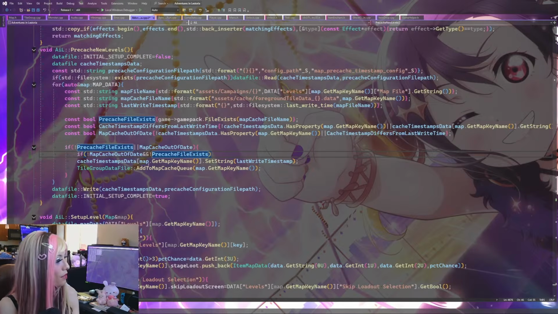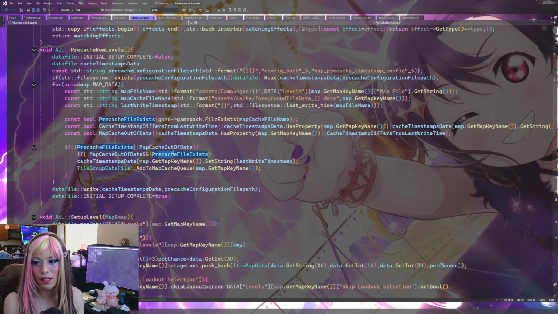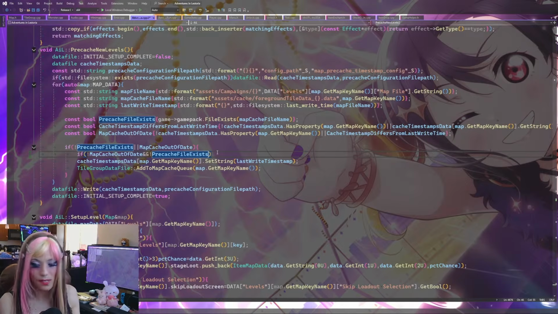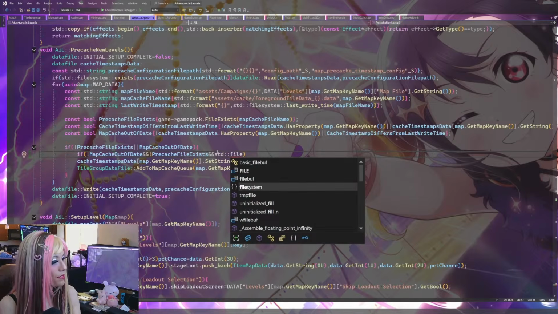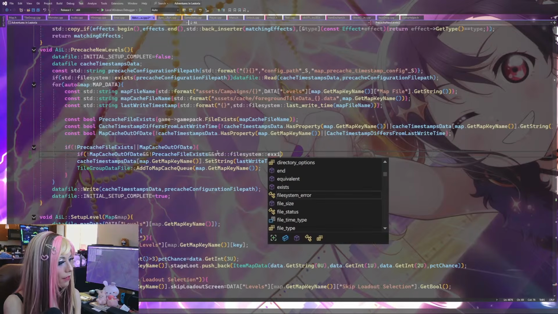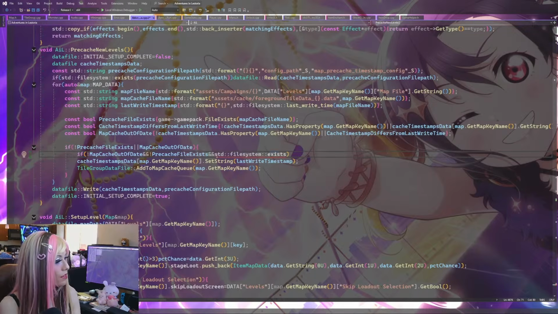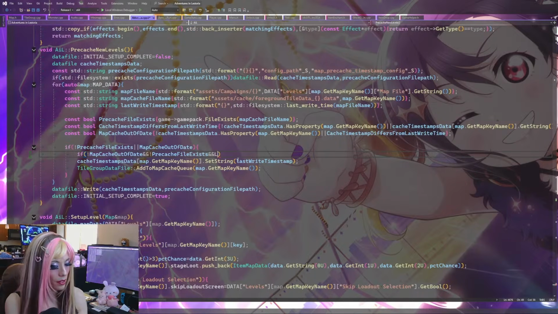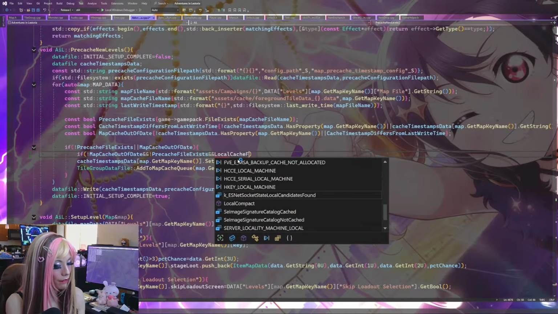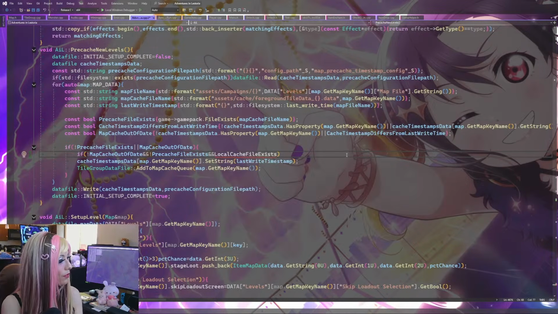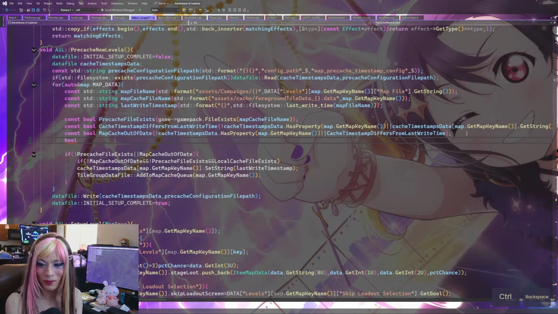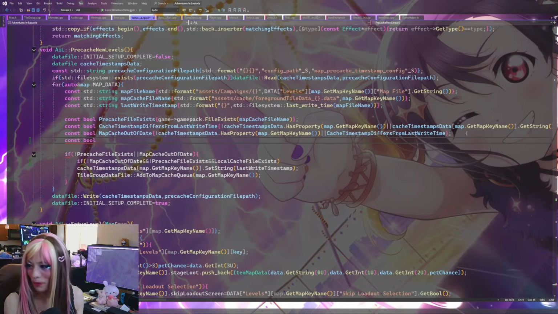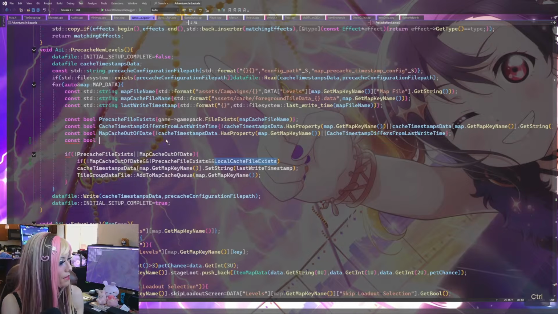So then we're going to say, if the map cache is not out of date and the pre-cache file does not exist, then we're also going to see if inside our file system, if we have a local cache file. So essentially we're going to have some kind of boolean that says local cache file exists. So let's write that boolean real quick. I just put cool bool. It's a cool bool. So this is local cache file exists,